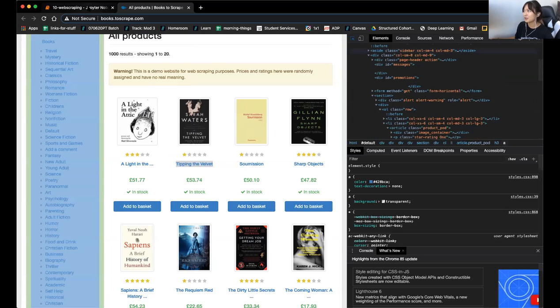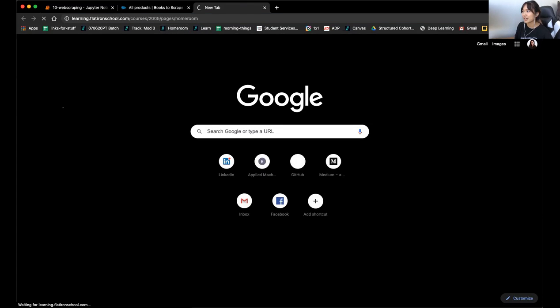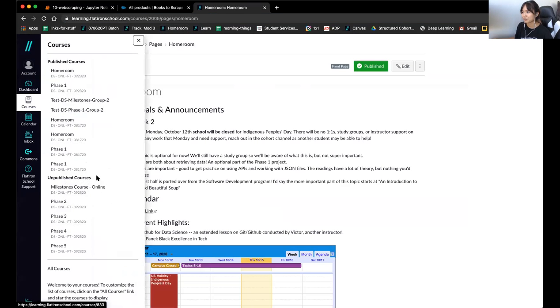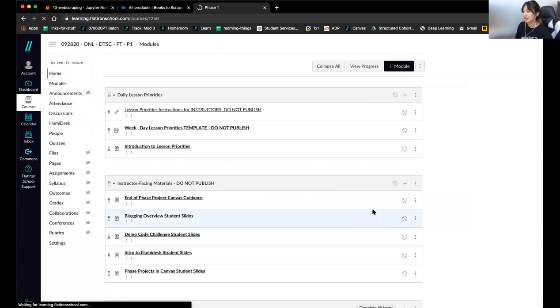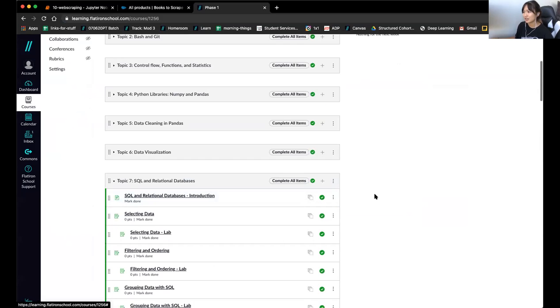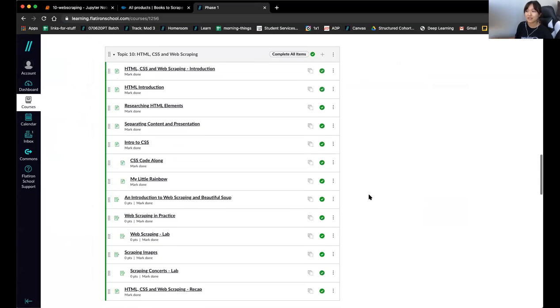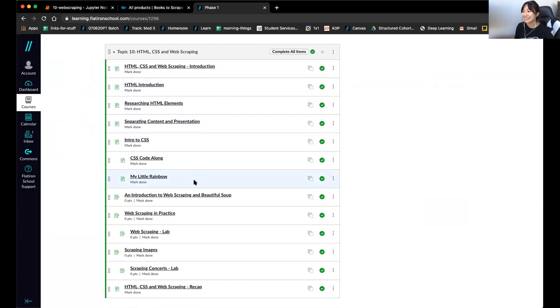All right, so the way that the lessons are set up, let me actually bring it up, talk about that super quick. The first half, as I mentioned, is actually ported from the software engineering program. These are really fun to go through because you actually get to color in a rainbow, and I think there's something with cats somewhere. So that can be fun to just play around with,